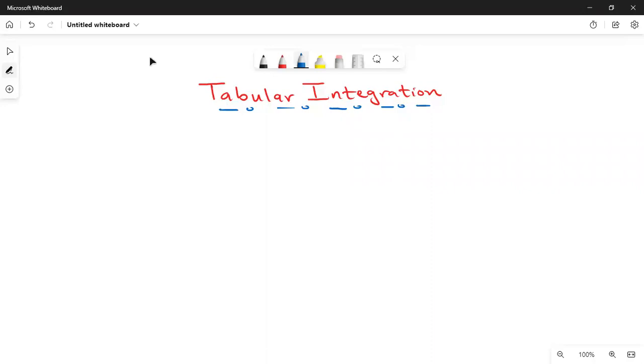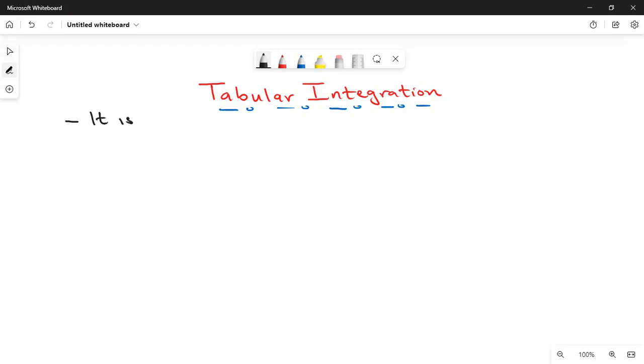Today we are going to look at Calculus 2 and our main topic is tabular integration. We need to know what tabular integration is, and then we look at some problems involving it. So let's define tabular integration. Remember, we have looked at several techniques of integration. When you talk of tabular integration, it is simply a special case